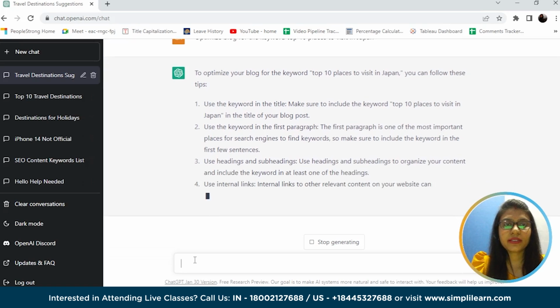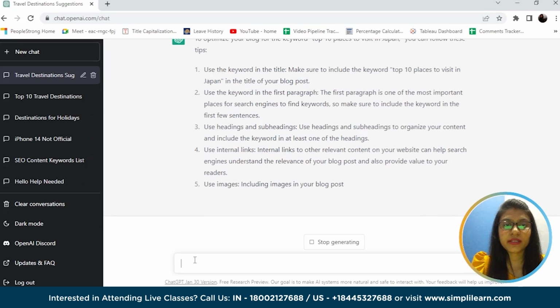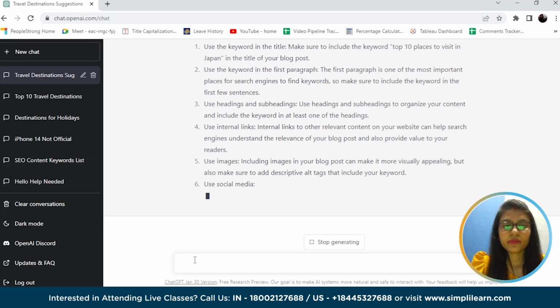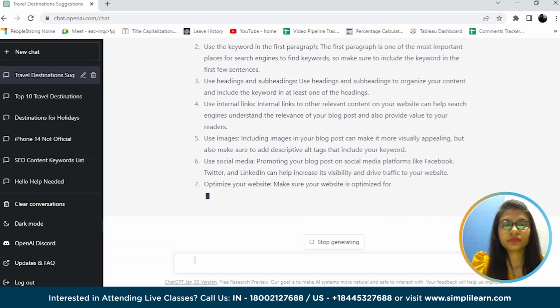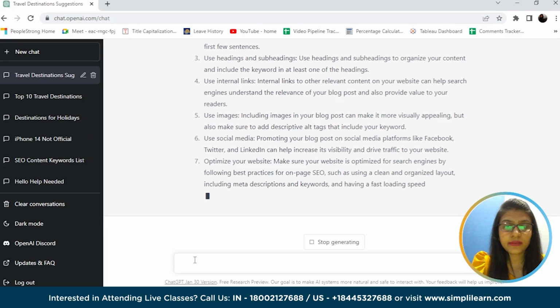So maybe there is a slight ambiguity in the query, that's why it's not representing us the correct results. We are going to optimize our blog using all these factors.